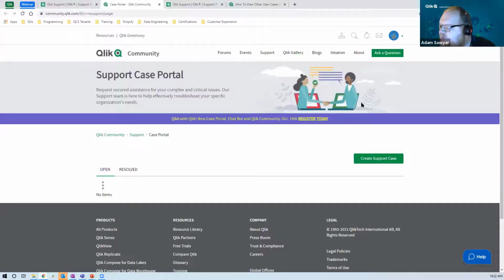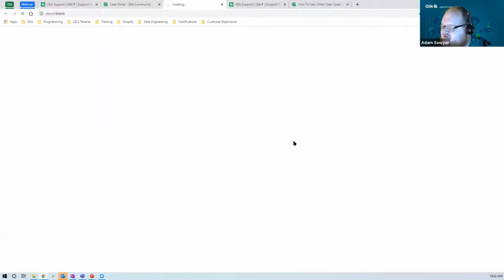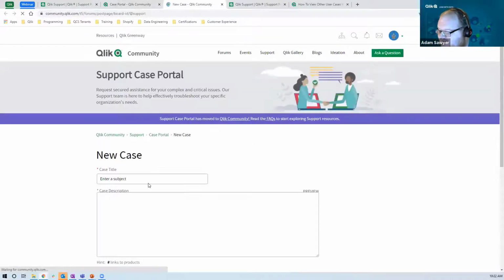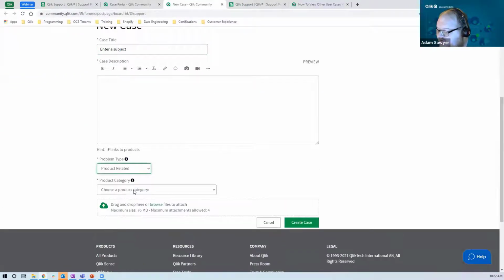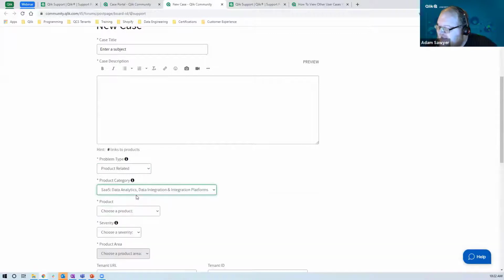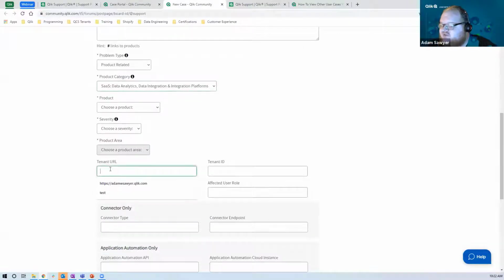In the meantime, though, what we've tried to do as a part of the case creation process, if I go and create a case really quick, here's the new case create. Let's say I have a product related issue. Let's say that I'm at SaaS because that's where I'm at. What we actually want to do is capture that data at the time of the creation, right? These are free text fields. You can fill them in with URLs, with what version of the software you're on, right? But it's really a top level selection of saying, hey, this is what I'm dealing with in this current moment, right?